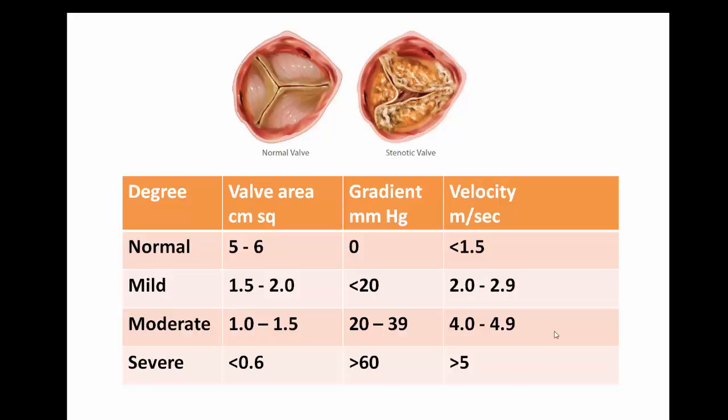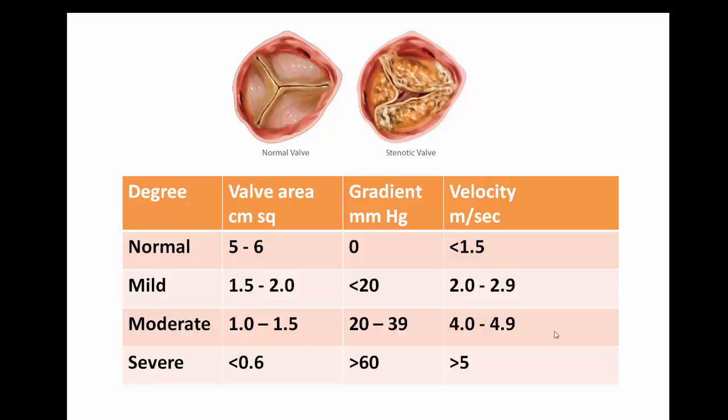In a person with, say, no stenosis, that's a normal person, has an aortic valve area of 5 to 6 centimeters square. There should be no gradient across the aortic valve, and generally the velocity of the blood is approximately 1.5 meters per second. In a patient with mild stenosis, the valve area could be considerably reduced to almost 1/3 of the normal aortic valve area. The gradient may be anywhere from 20 to 25 millimeters of mercury, and the velocity can vary from 2 to